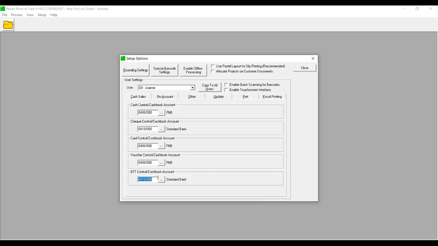And then guys, your ports, this is if you're using a cash drawer or a pole display. Now guys, I can't tell you what these should be. This should be the manufacturer. They should give you these settings and you should be able to set that up based on those settings. So if you're unsure what they are, get hold of your manufacturer. They should be able to tell you whether it's parallel, USB, serial, what the port number is, the character to send, the baud rate, the data bits, the stop bits, and the parity. They need to tell you that. There are too many for us to know. That is the manufacturer's